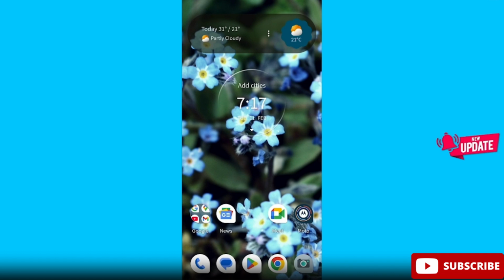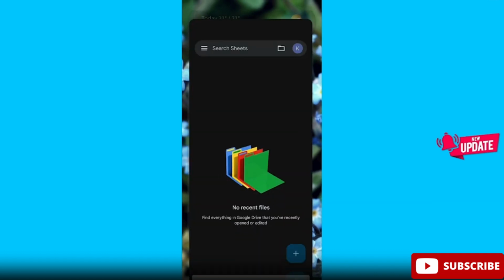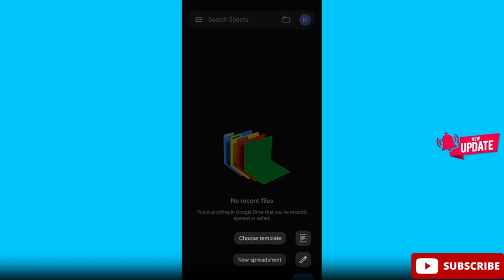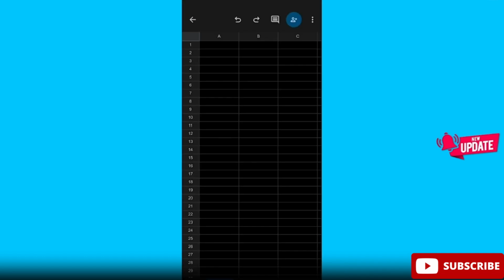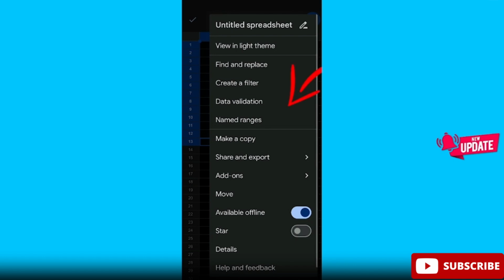First, open Google Sheets on your phone and click on the plus icon below. Click on New Spreadsheet, and from here choose the column and select it. And click on the three dots above. Click on Data validation